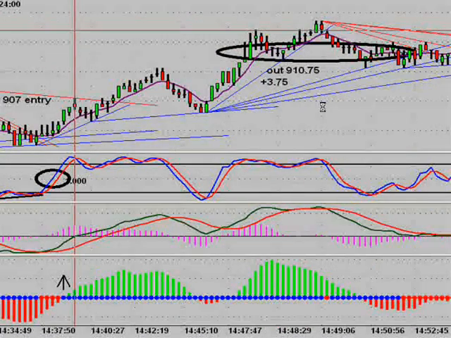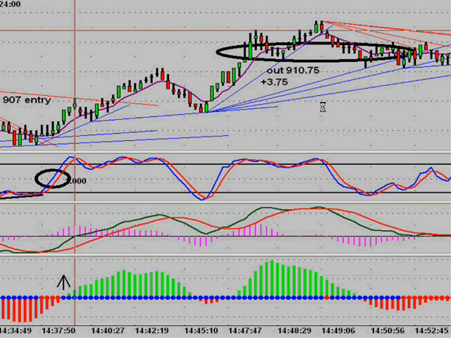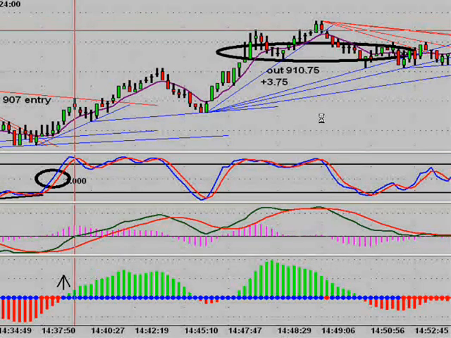This is a trade that's set up at about 237, and this was a long trade. All my charts were saying I could go long. I was above both moving averages. My trending indicator was saying I can go long. My tick was saying I can go long. So I took a long